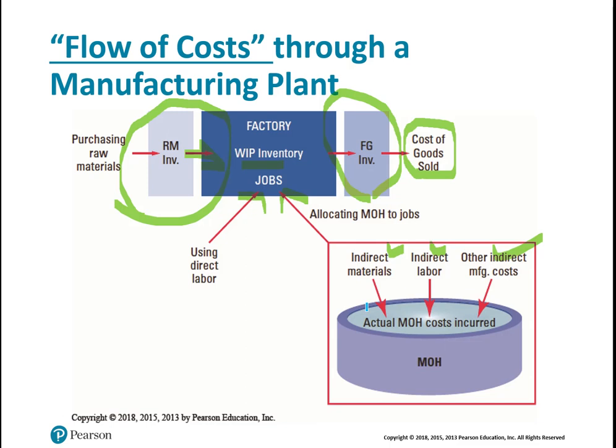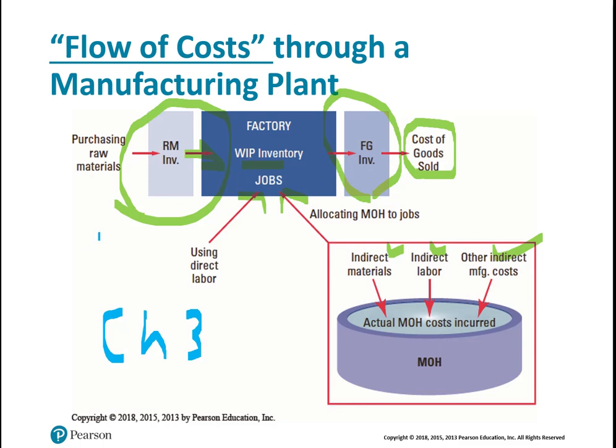Okay, class, so this is where we left off on chapter 3. Just a reminder, this is chapter 3 on job costing. And we finished up with this slide where we talked about the flow of the costs. And when we do the journal entries, we want to consider that the journal entries will follow the cost flow